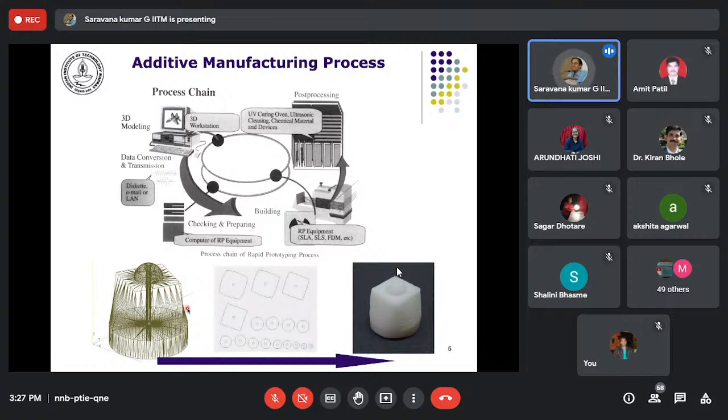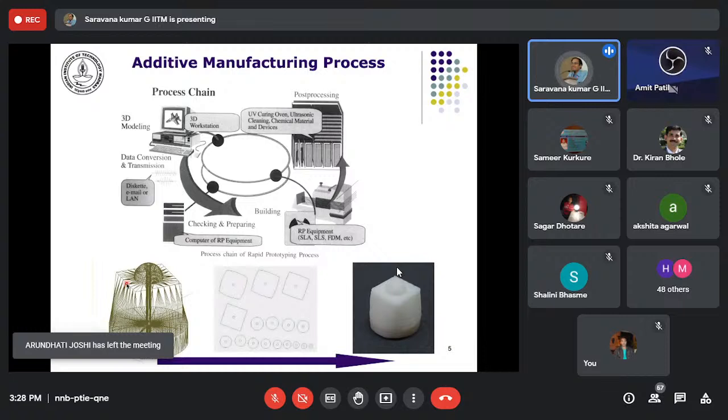You have the CAD, the STL file, what traditionally used to be, and even now, but more recently we also have what is called the additive manufacturing file format, AMF. So apart from STL, the AMF file format has also evolved, because STL, as you would have noticed or been told, is basically a triangulated version of the geometry.